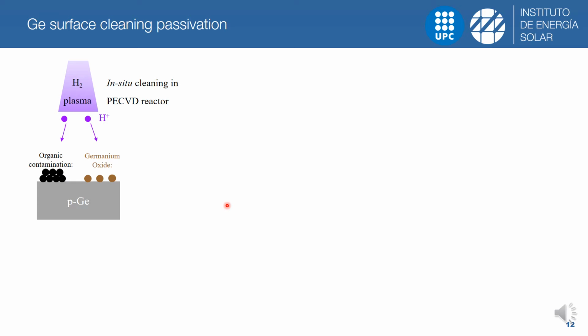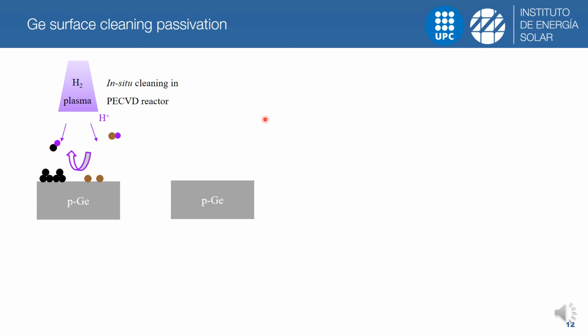In this regard, hydrogen plasma cleaning has been agreed in the literature as one of the most efficient cleaning methods for germanium surfaces, since it can react with carbon, and it also volatilizes germanium oxide at the same time. In our case, we have performed the hydrogen plasma cleaning in situ in the PECVD reactor, where we also deposit the stack